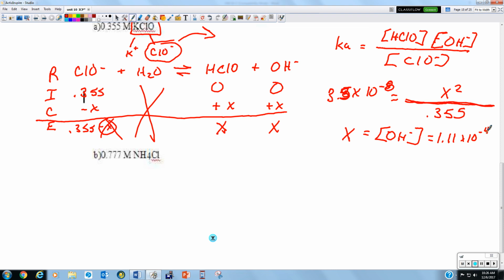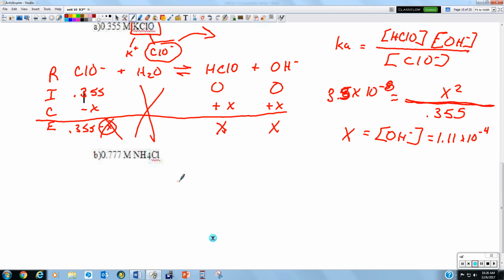I don't know. I'm looking at my work earlier. I got 3.18 times 10 to the negative 4 earlier, so I'm wondering what I did wrong. All right, I think I just went blank, or I did something twice. All right. So from there,